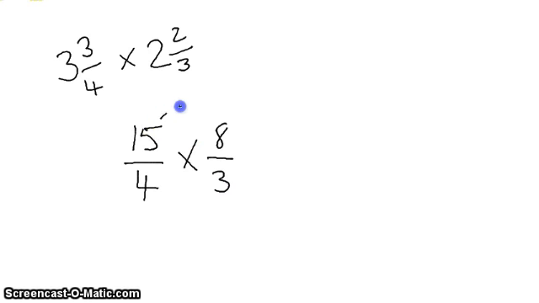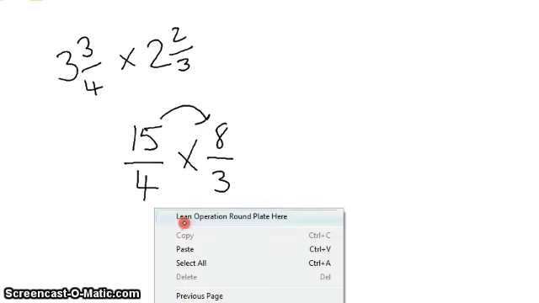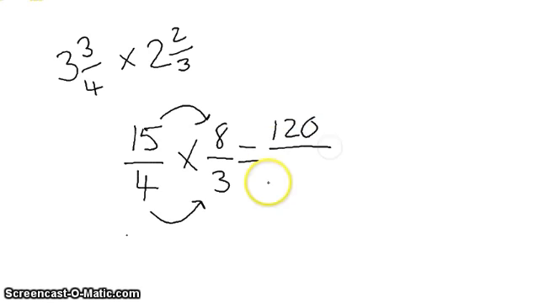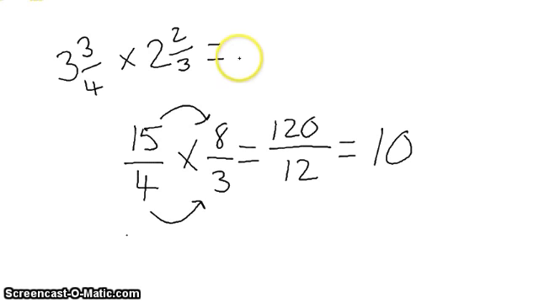And then you simply multiply the numerators, and you multiply the denominators. 15 times 8 is 120. 4 times 3 is 12. 120 twelfths, or 120 divided by 12, is 10. So again, the answer to 3 3/4 times 2 2/3 is